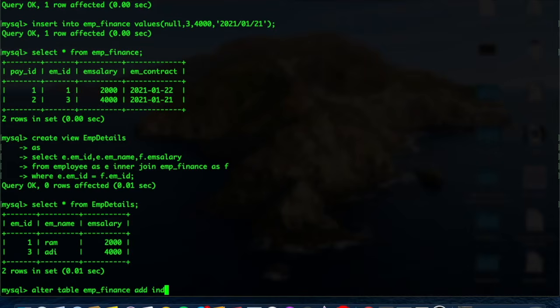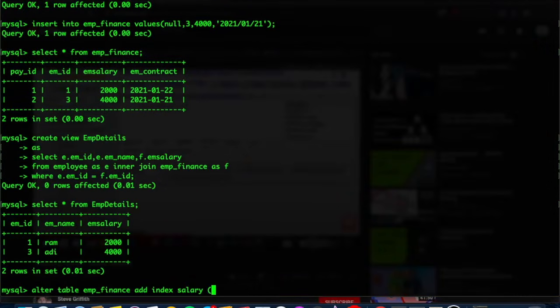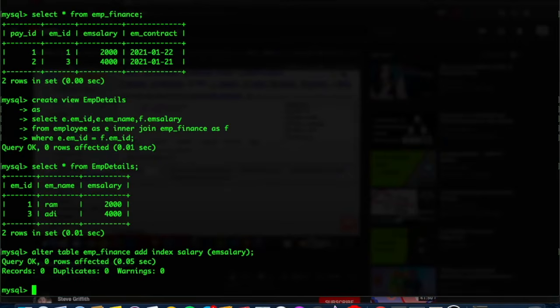add index salary, and you write the column. So it's going to be on EM salary, right? See, now it has given you the index. The index has been created. You won't notice the difference over here, but when you go to higher amounts of records,